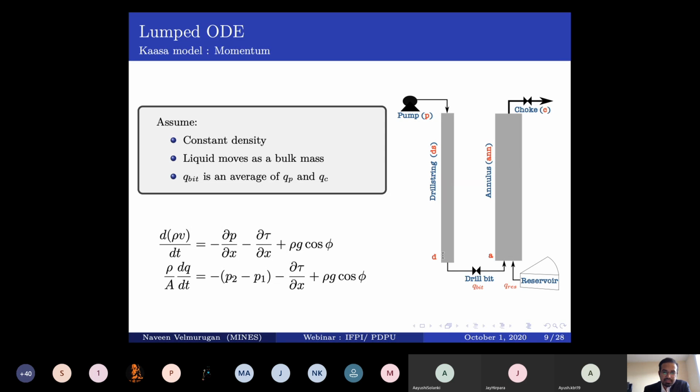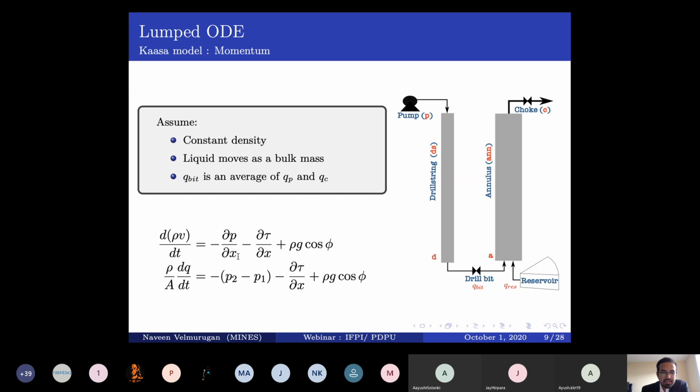Here again, we consider constant density. Let us say this particular liquid is moving as a whole bulk mass. There's nothing fluid inside. It's just one particular mass that is flowing in together continuously. What you have here initially is the PDE representation of your momentum balance, which is nothing but some type of an acceleration term. Acceleration is equal to the difference in pressure, it's like a potential. Higher the pressure difference, more your fluid will accelerate, right? And then you have some terms that are dependent on the frictional loss or the viscous forces, and you also need to consider gravity.